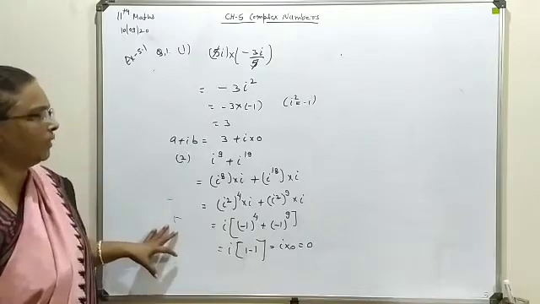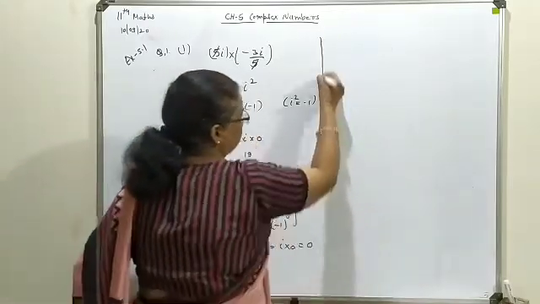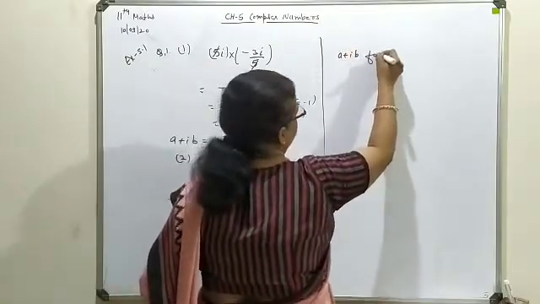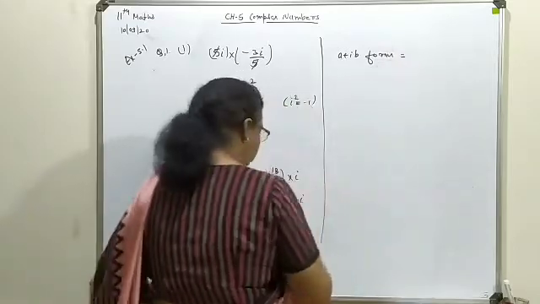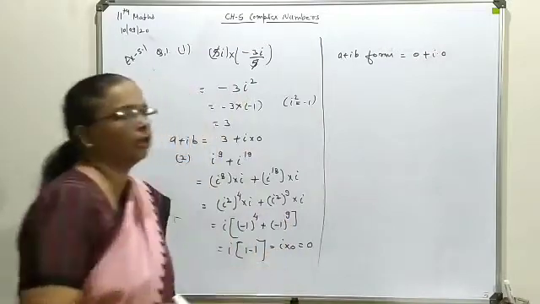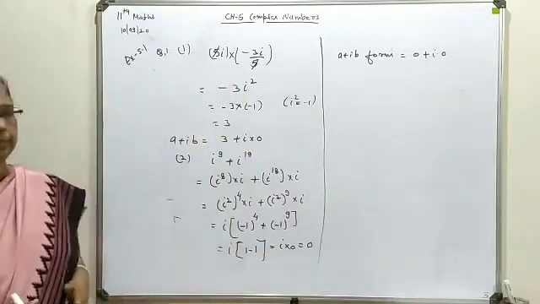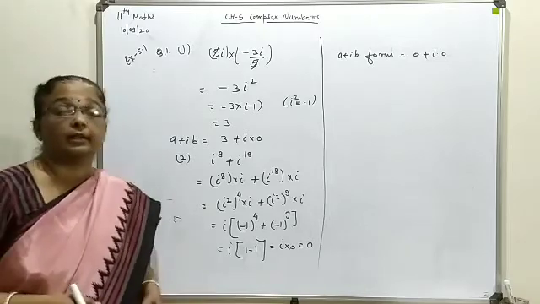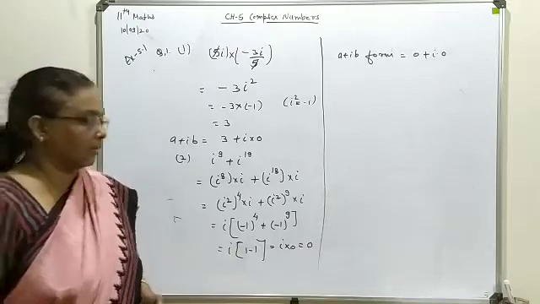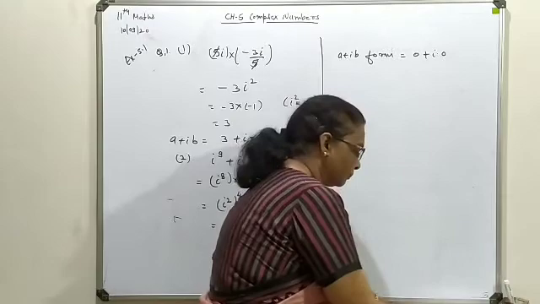Now it is to be expressed in a plus iota b form. That will be the thing. 0 only you are getting, so 0 plus iota into 0. Anyhow, you will express your answer in the required standard form. Doesn't matter if you are getting 0 or a single answer, real or imaginary, both parts you are getting in a answer form. So this way you will attend higher order questions.